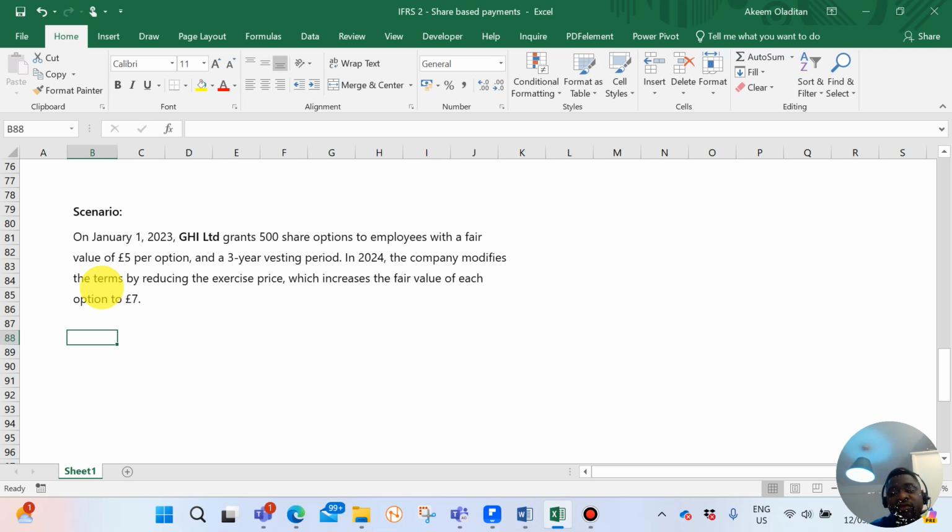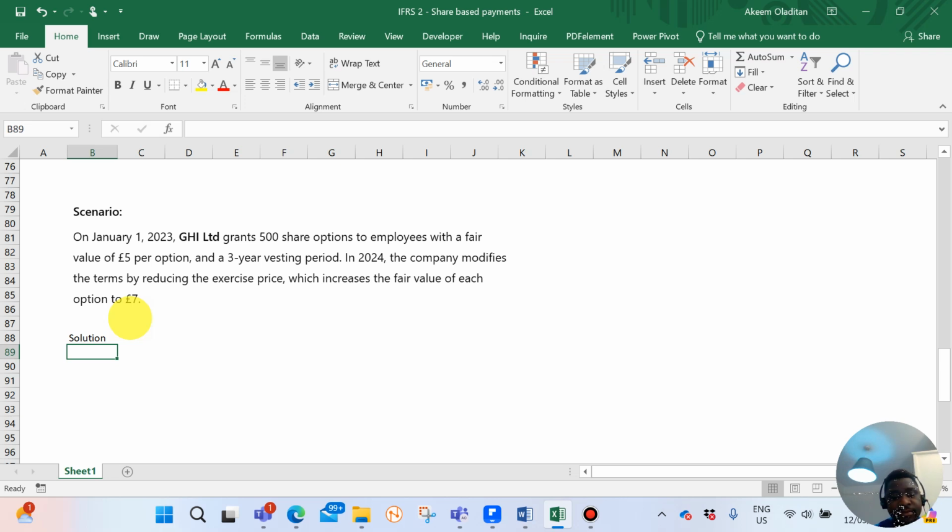There's what we call modification in share option. So it's possible that the company modifies that option to maybe reduce or increase the exercise price, to increase the fair value. But this question says the company modifies the terms by reducing the exercise price, which increases the fair value of each option to £7. So what do we do here? What we need to do here is looking at the option here. So solution, like we used to do,